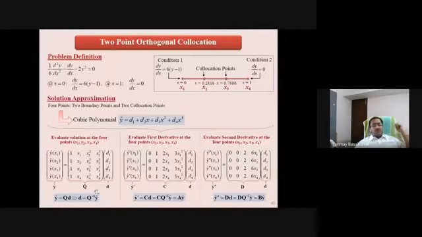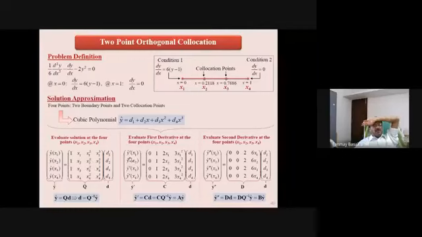I define this matrix as Q, and this vector as D. So you have y hat equals QD, and D equals Q inverse y. So this is for the y. But if you look at this expression, we have 1/6 d2y/dx² minus dy/dx minus 2y². So you need to evaluate the first derivative and the second derivative. So this is actually good enough for the function.